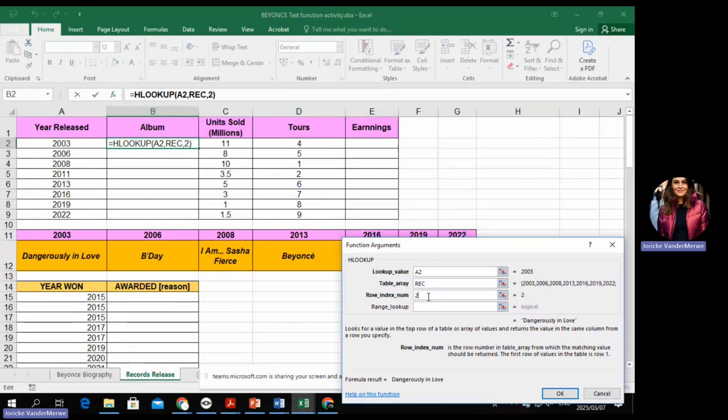The number that you're going to give here is, let's say there was a third one that says which one she won or whatever, then you're going to type there 3. We'll do another one like that later on, which gives you the third column. So that row index number is really just to tell you where the answer is going to be for that specific case. You number it according to rows. So it's row 1 and row 2.